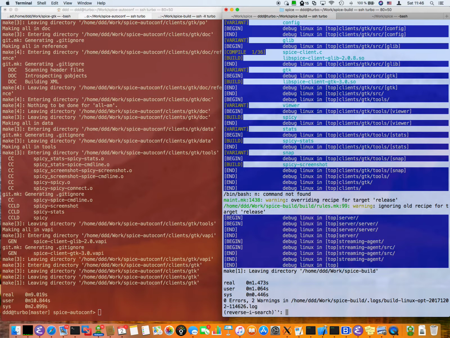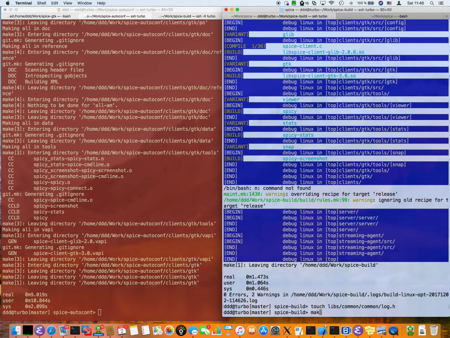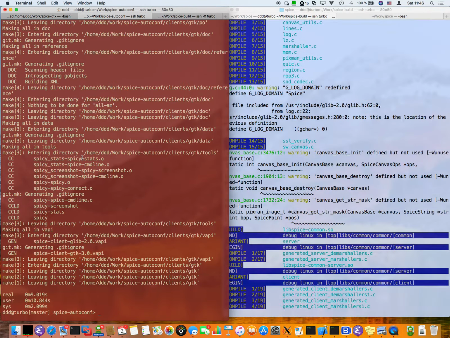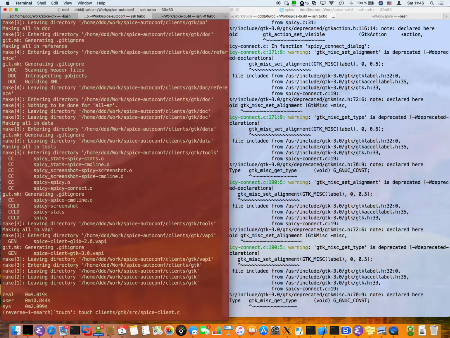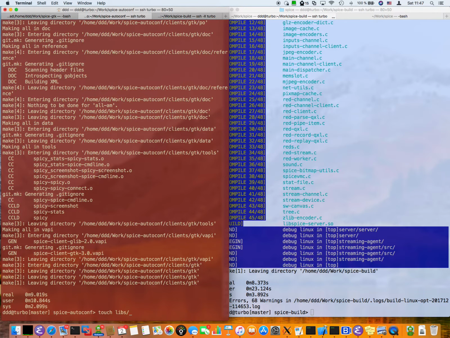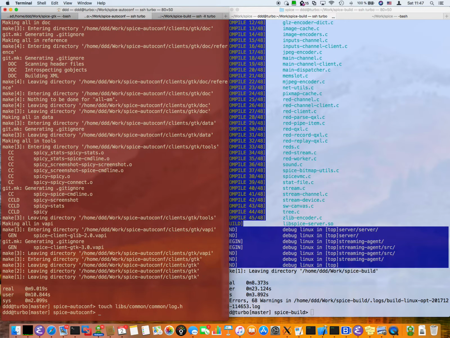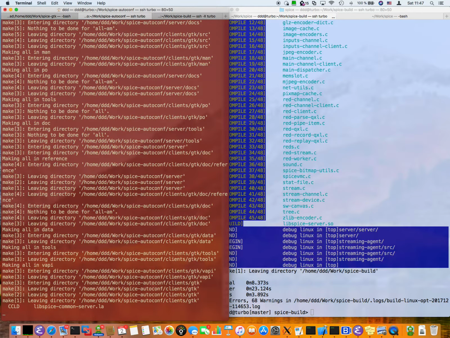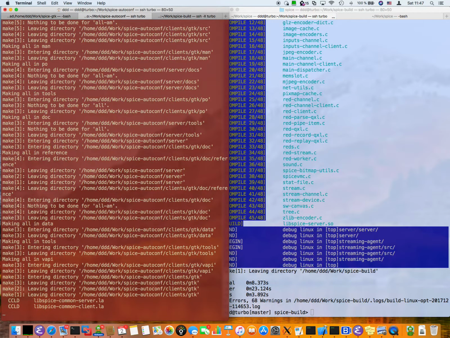Now, if I touch the log file that I touched before, you see that it's rebuilding here all the dependencies. If I touch it here, it's not rebuilding much.